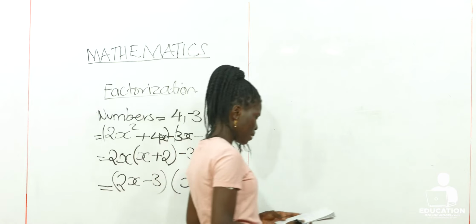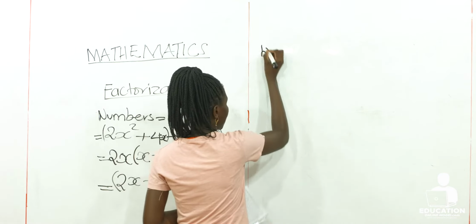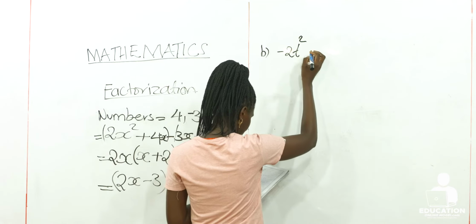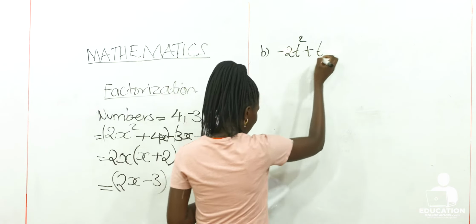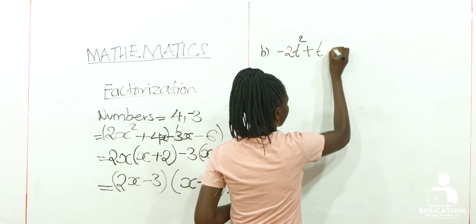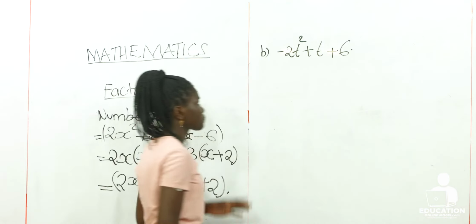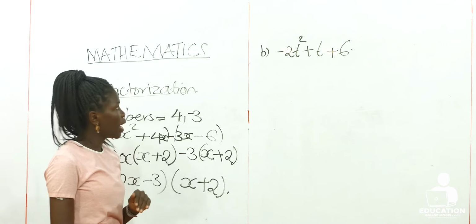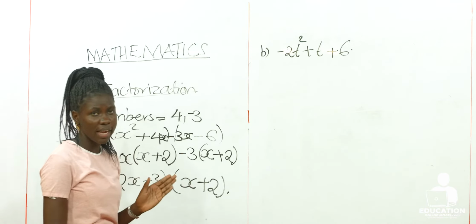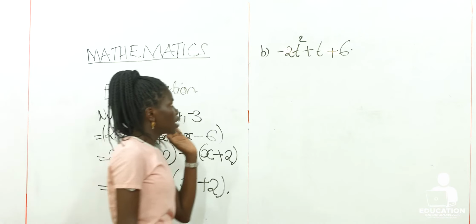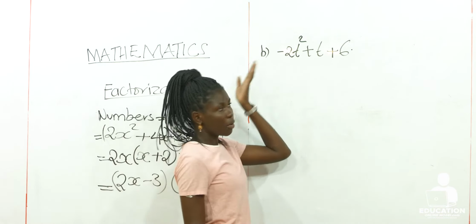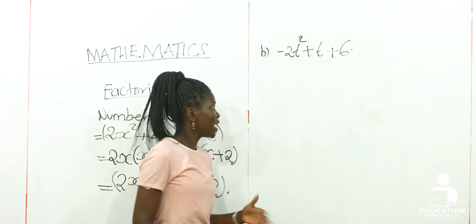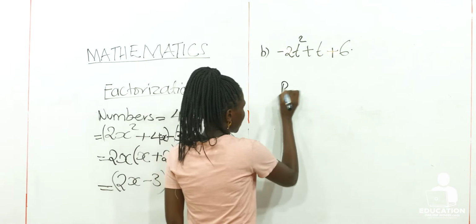Let's have the next example. That's example B. We are saying it's negative 2t squared plus t plus 6. The same way here, our value of a is more than 1, but this time we are having a negative value. And I said earlier on that you work the number the way it has been given. We are having a negative sign here, implying when we are multiplying, we should consider it. So for this case, our product is going to be,